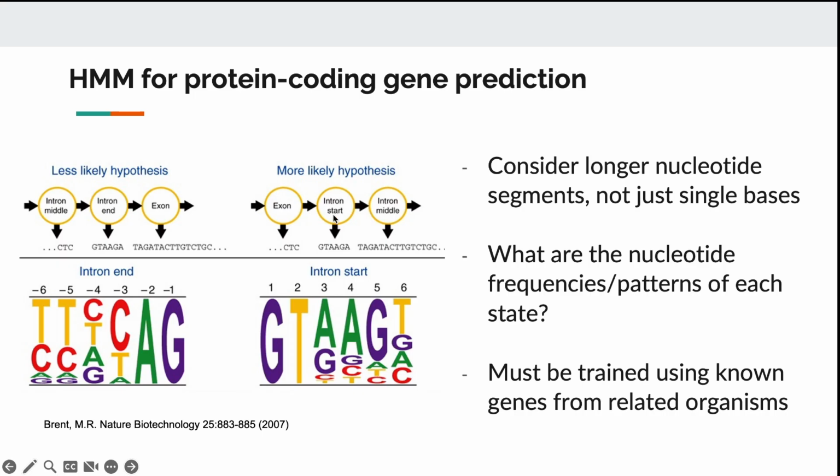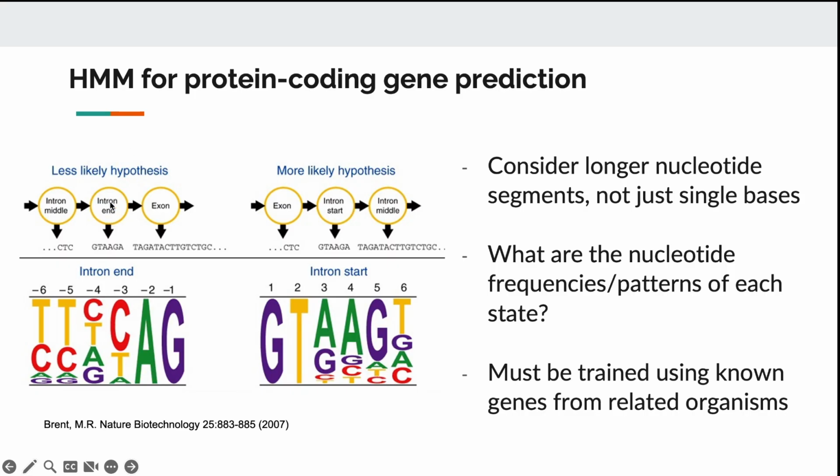The start of an intron might have a certain pattern, like this, because the splice donor and splice acceptor have different nucleotide patterns. So if you identify sequence GTAAGA,